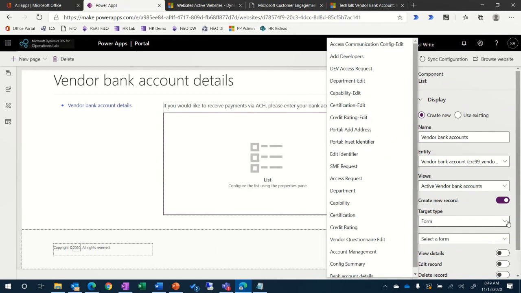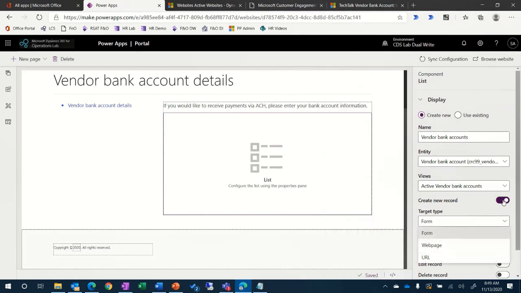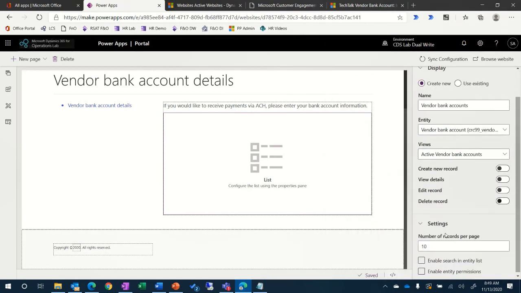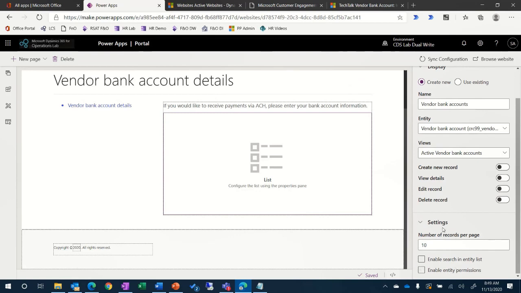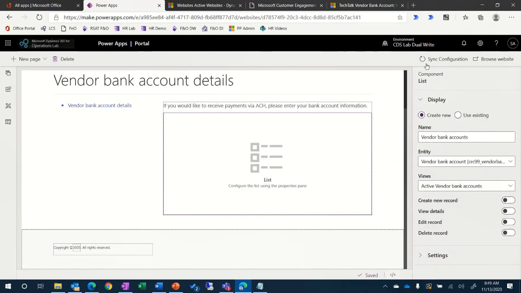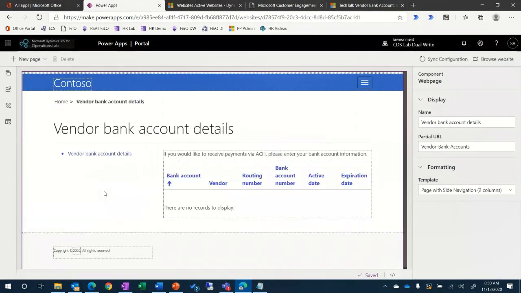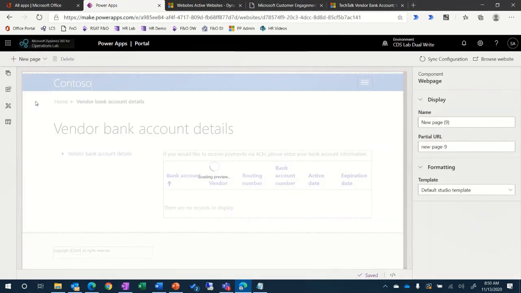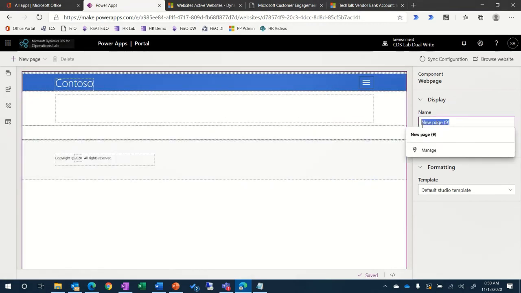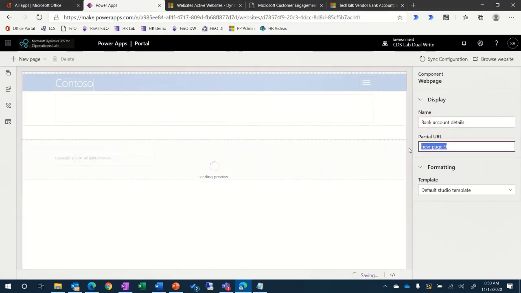However, at this point, I haven't created a web page yet for the form. So we're going to kind of save our changes here, and you can see there's some additional settings that I can control here. So I'm going to save my changes, and we're going to create another new page that is for the details for the form that you just saw me create. So in this case, I create a blank page, give my page a name, update that URL again,